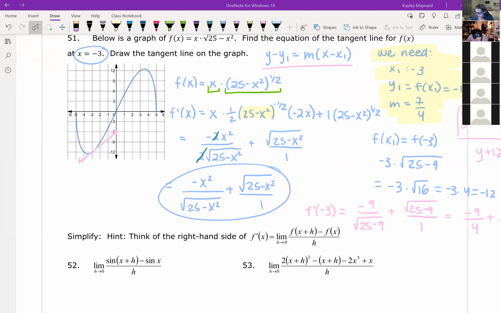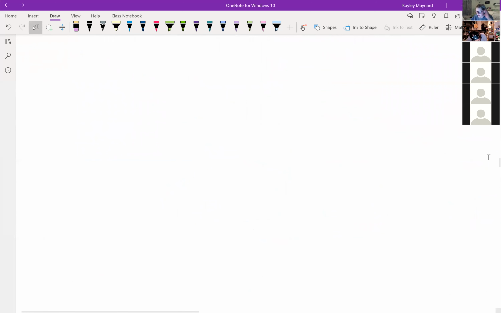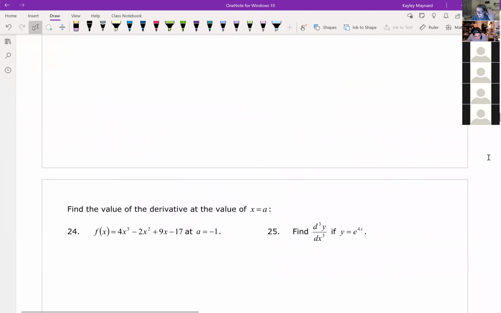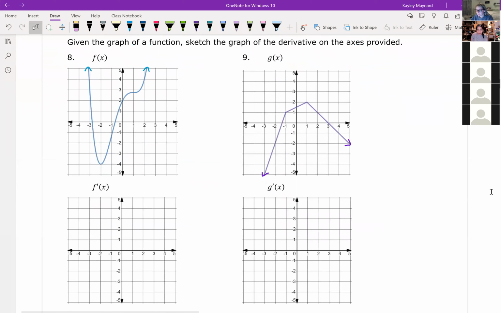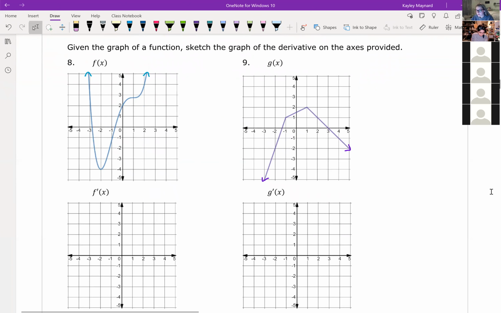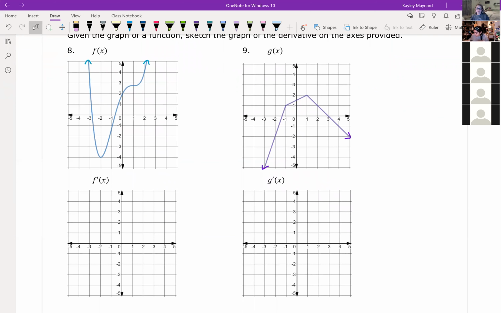Okay. All right, so I'm gonna go over my steps for drawing the derivative. They're not super exciting. This is just how I approach drawing the derivative. Hopefully this makes sense. So let's do question 8 first. They give you the graph of f of x, and you have to provide the graph of f prime